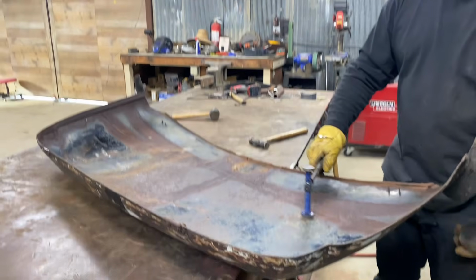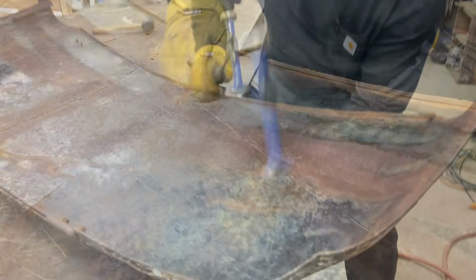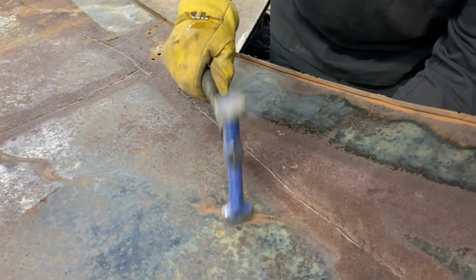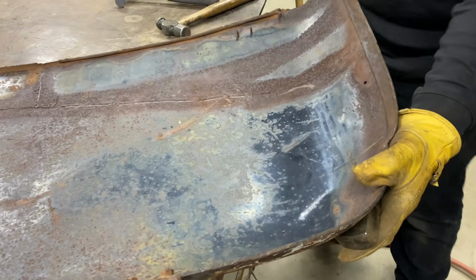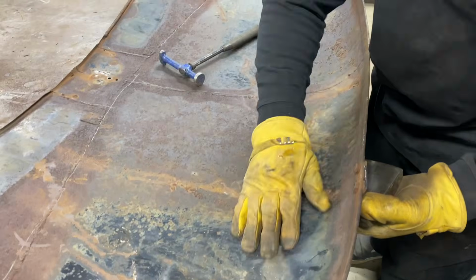Put the dolly up under this one. I'm working right on that really creased edge. Hear that? That's hitting the dolly. There's no dolly. Let's see what we can get. I'm going to give it the power of the rubber. Got some action through here